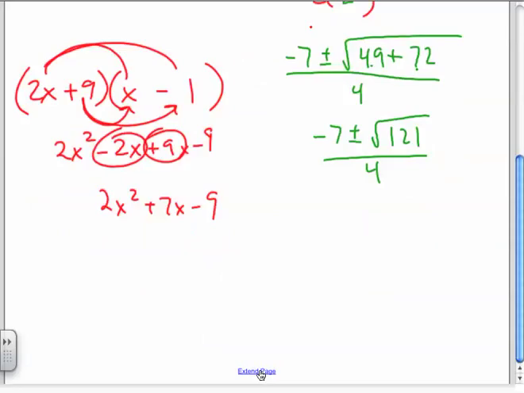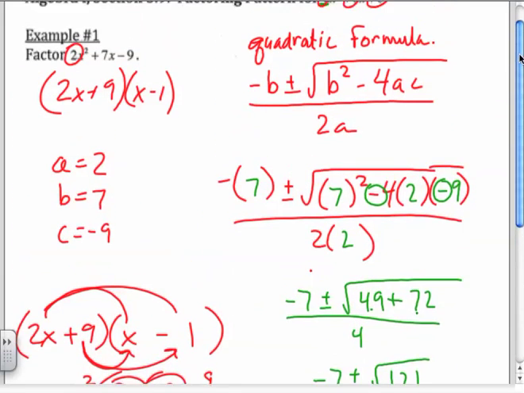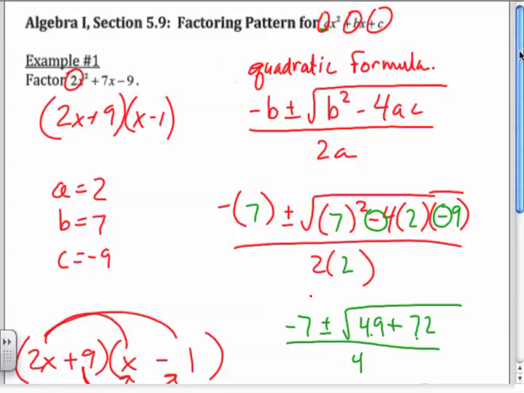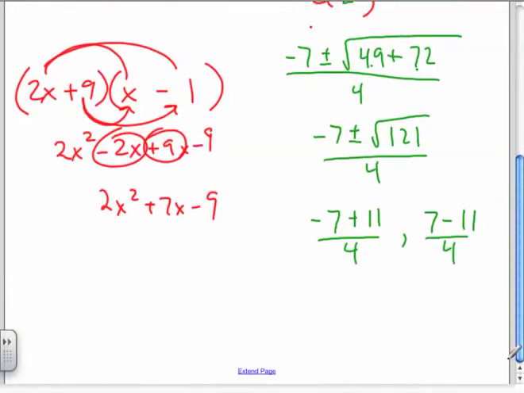Oh, isn't that nice? Okay, so what is the square root of 121, Ben? Thanks, Joe. 11. So it's 7 plus 11 over 4, comma, 7 minus 11 over 4. This is telling us what x can be if we were solving this trinomial. Okay, well, let's keep working. Negative 7 plus 11 is 4 over 4. 7 minus 11 is,